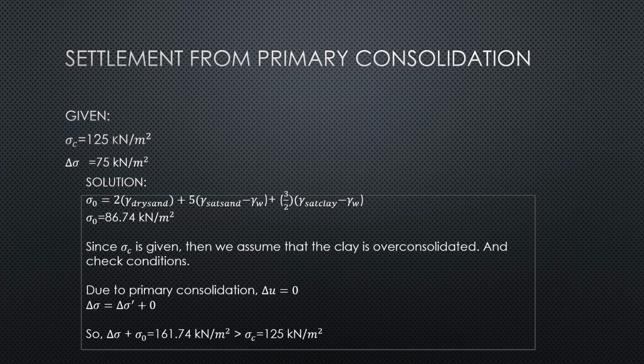And the unit weight of saturated clay will be 19 kilonewton per meter cubed less than 9.81. So by computing it, you could check it on your calculator, but in this case, in our computation, the average effective stress is 86.74 kilonewton per meter squared. Okay? Due to primary consolidation,